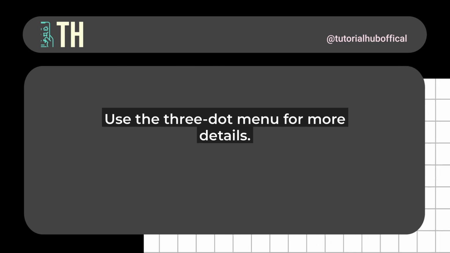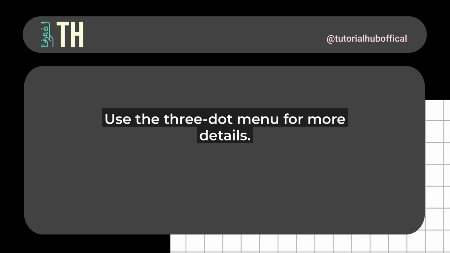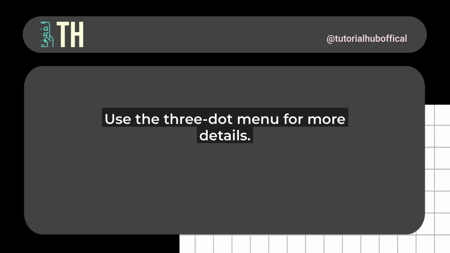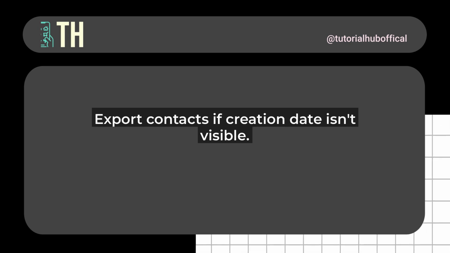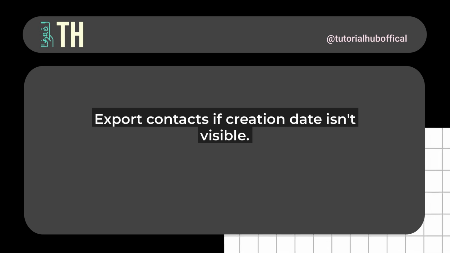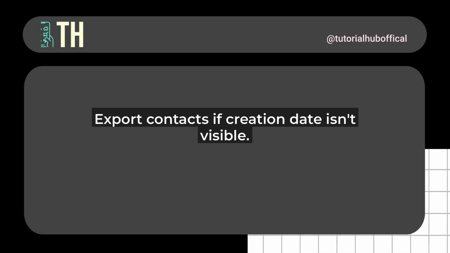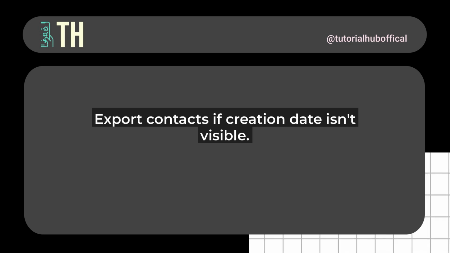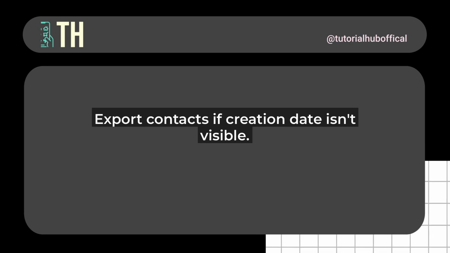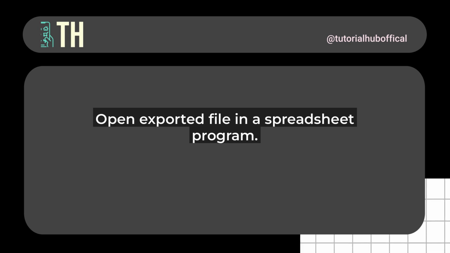Now, once you've selected the contact, click on it to open the details page. Here's where it gets a bit tricky. Google Contacts doesn't always display the creation date directly on the main screen. To find it, look for the three-dot menu in the top right corner of the Contacts page. Click that, and then select View Details, or Activity, if available. In 2025, Google might have enhanced this feature, but if you're not seeing it, don't worry, we'll cover a backup